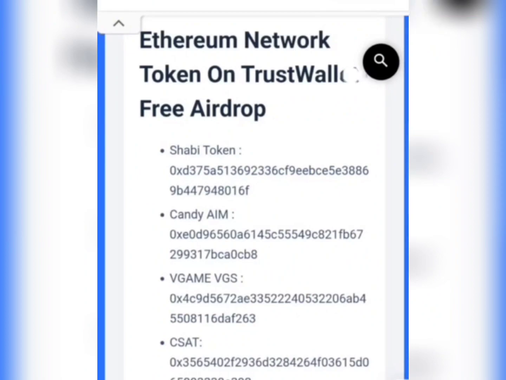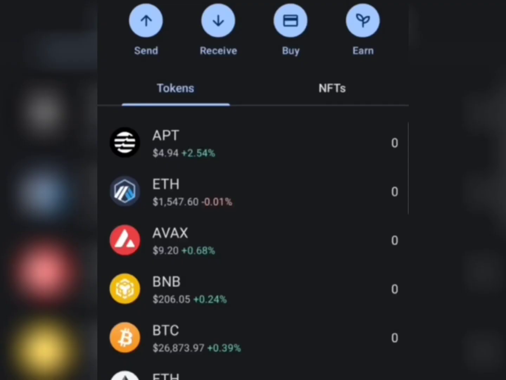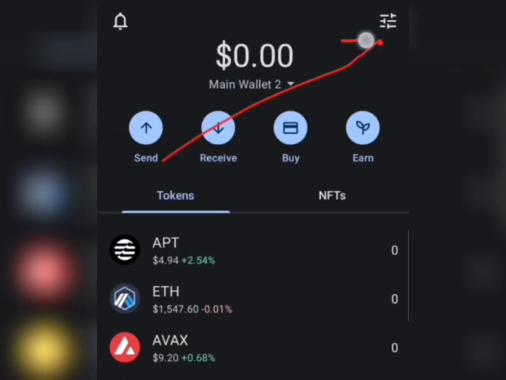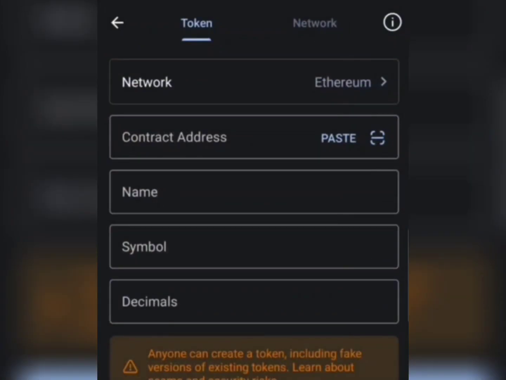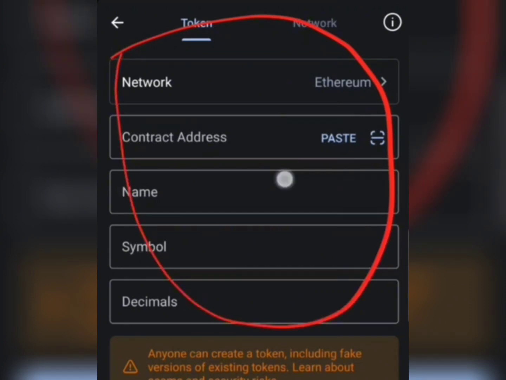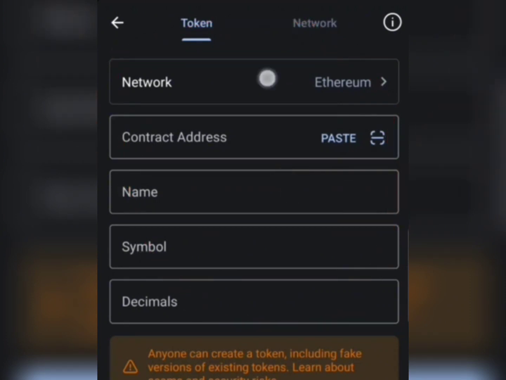When I copy it, I come to my Trust Wallet right here. I'm going to click on this icon, and then come to the plus icon again and click on it. It's going to take you to this page right here. You want to make sure that you have your Ethereum network ready here. If it's not Ethereum, make sure you switch it